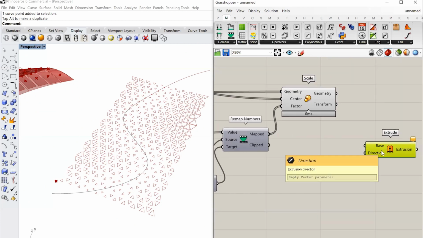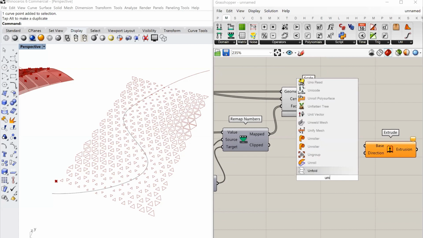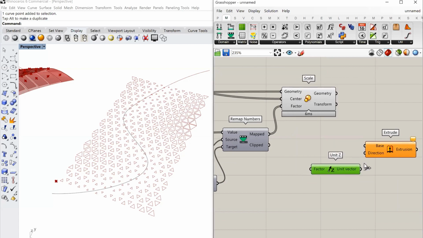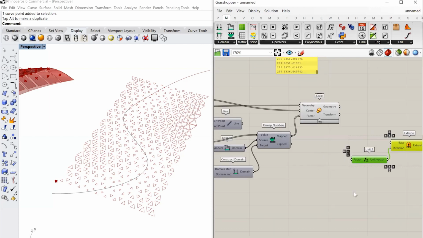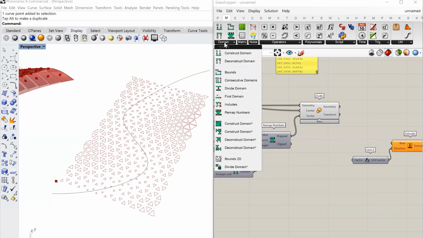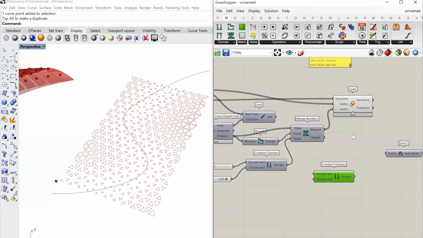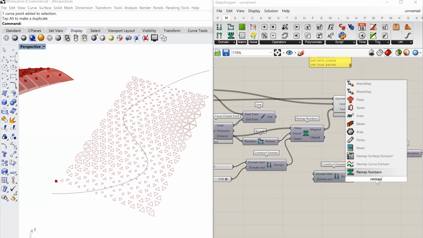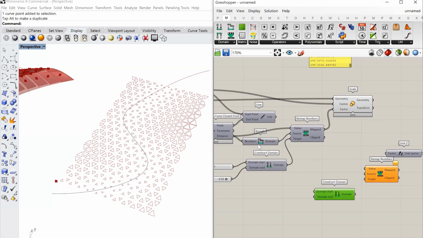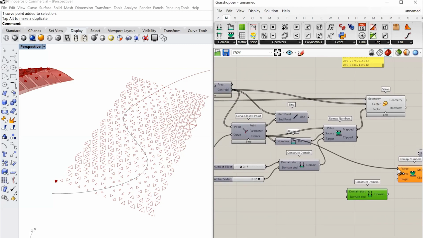Or let's say, first let me extrude. So I would use a unit z value as my direction. But in the factors, I can use again my remapped values. So I'm remapping again now the distances. These are my bounds.